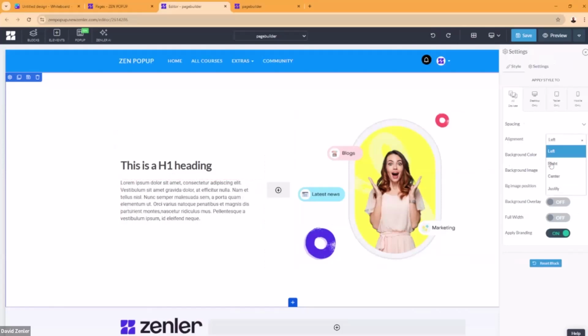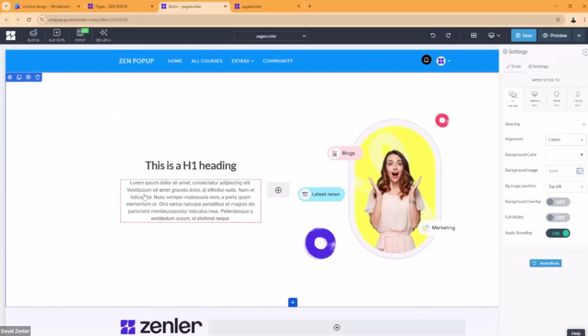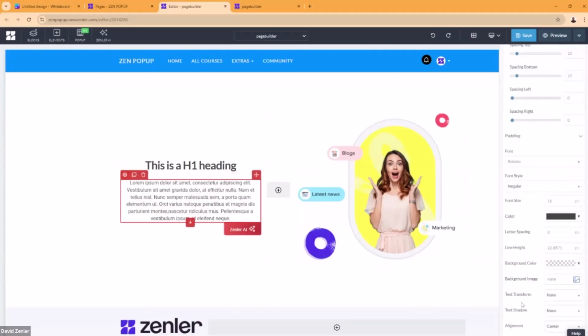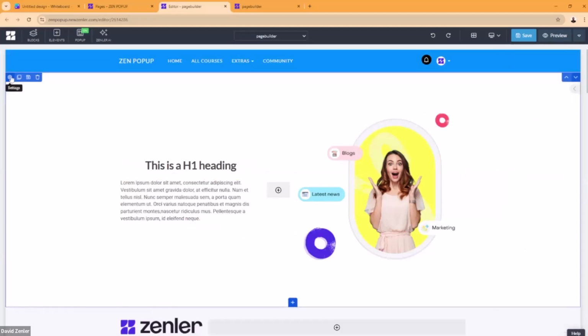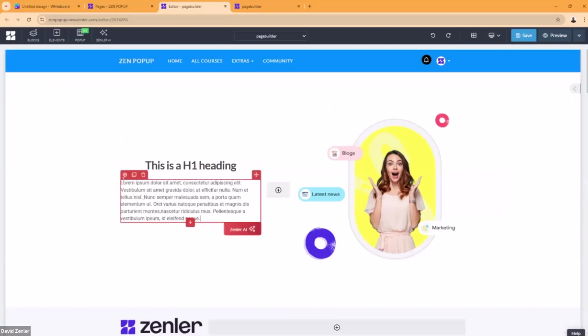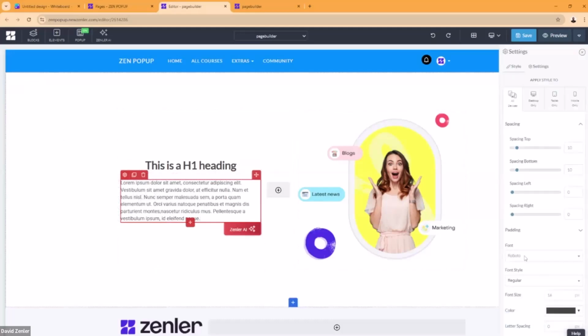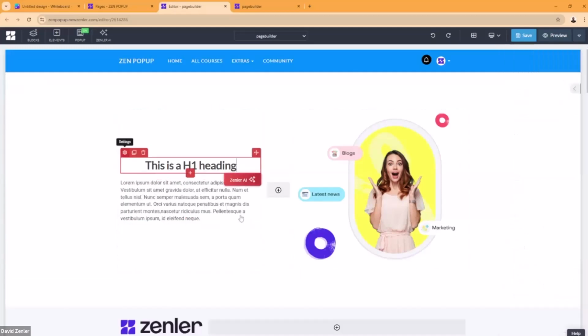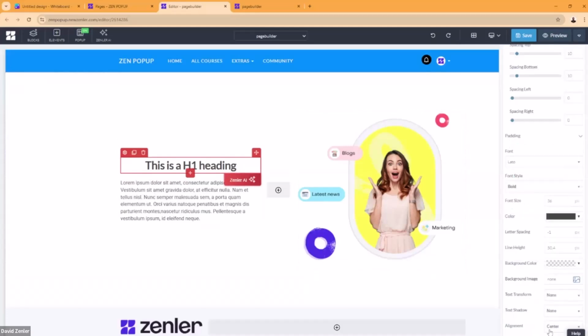You can also do it via an actual element level control. So if I come into here, and this is the way most people do it, they go in here and they choose align left. But if you choose align left in the main block, it will apply to all of the blocks. So you've got that absolute control over every part. Personally, I like to do it on an element level so that I know what I'm doing with it. It's just easier. So I'd apply that left, I can go in there and I can apply that left as well because you've got that setting. So that's alignment for you.